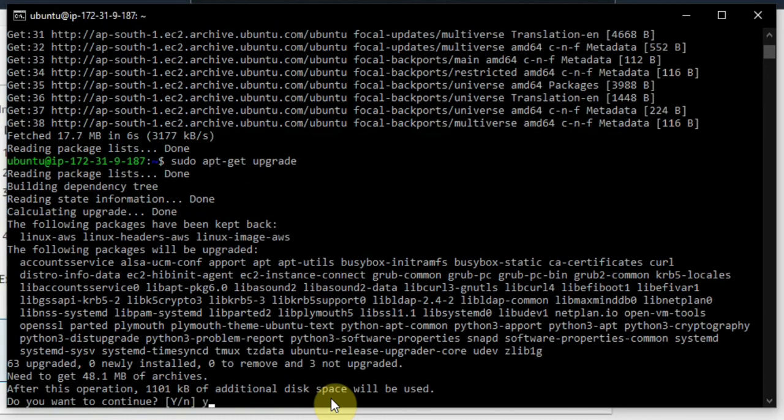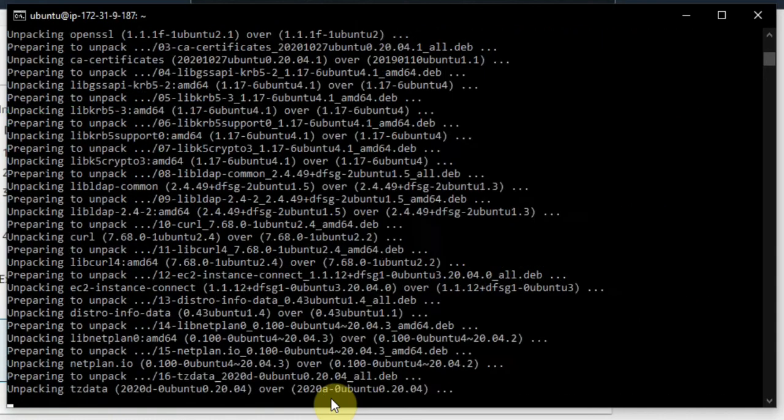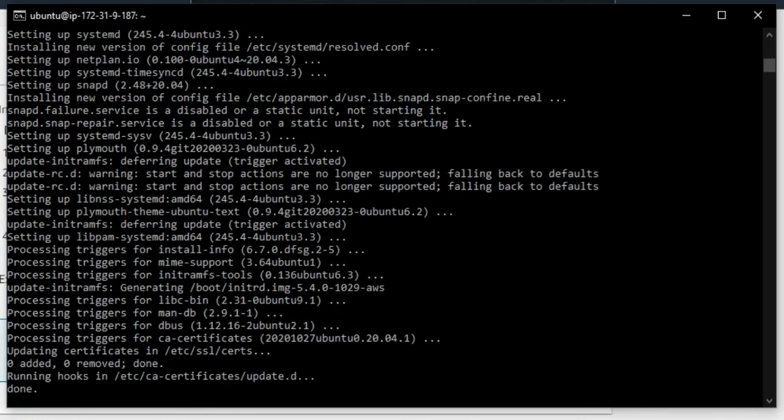We'll say y, meaning yes. Okay, now we have upgraded and updated our server, right? So what to do now? Now we will install the server which will enable us to access our website. So we will install an Apache server here.